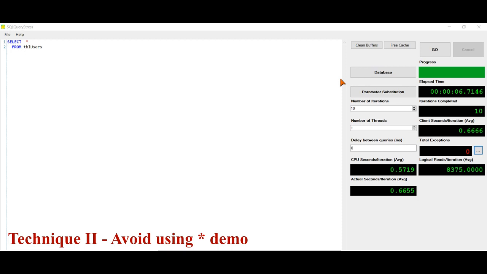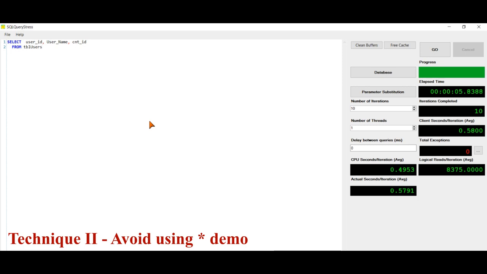Now let's move to the second scenario in which we mention the column names. You can see over here, I have mentioned user ID, username, and CNT underscore ID. These are my three columns of the table.